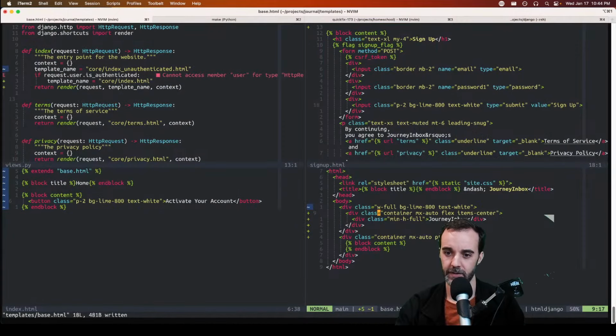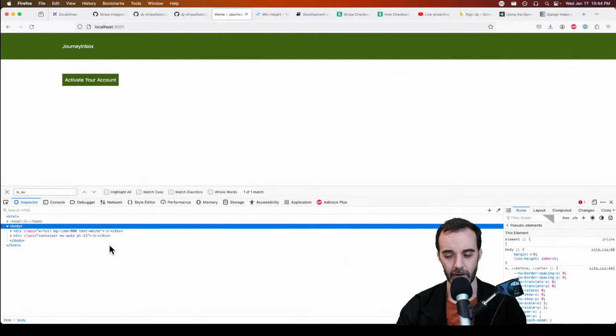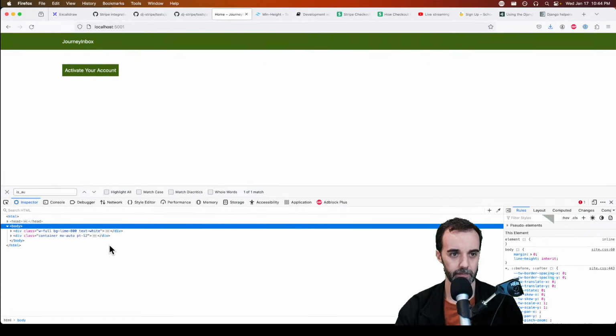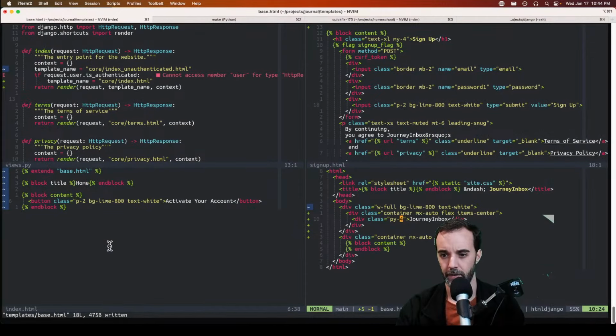Instead, let's go into the padding. Well, we can do the padding here, px, or does it go down in here? Or not px, py 8. There we go. So it's way too big, but you get the idea. py 4, and then